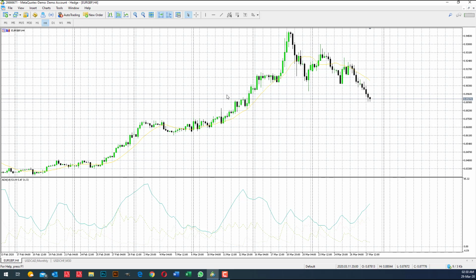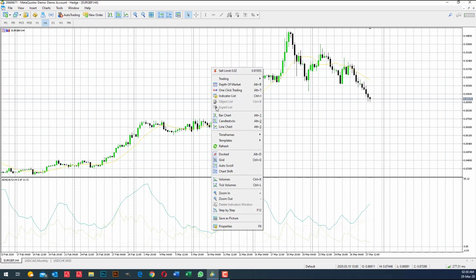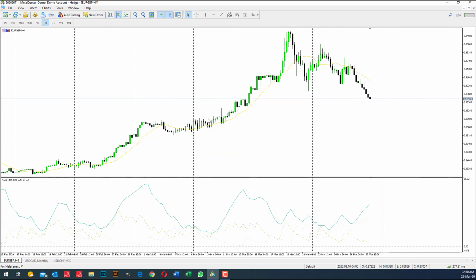Now that I've closed the properties menu, you can see I've got a much clearer chart, but still I've got this moving average, I've got this ADX indicator which I need to get rid of. I've got the grid lines which I need to get rid of. For the grid lines, you just right click again, you go to grid and select. Now we've got a clear white background chart, and you can see clearly price action from the candlesticks, but still